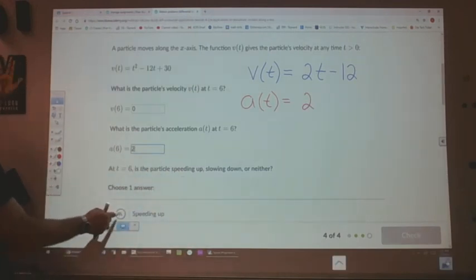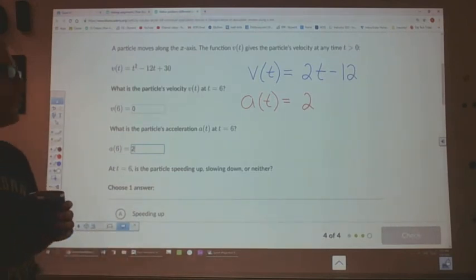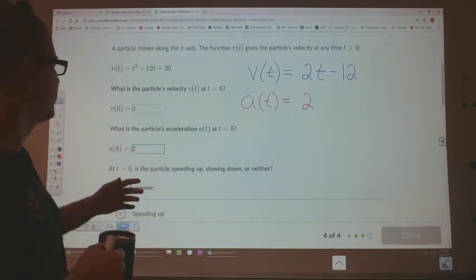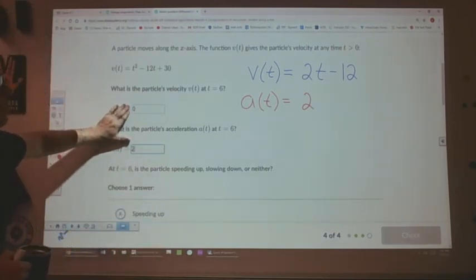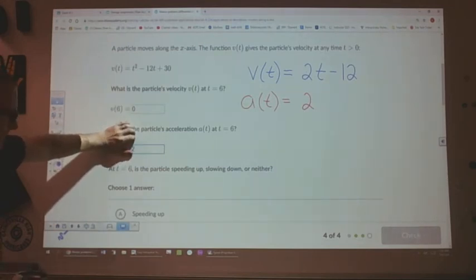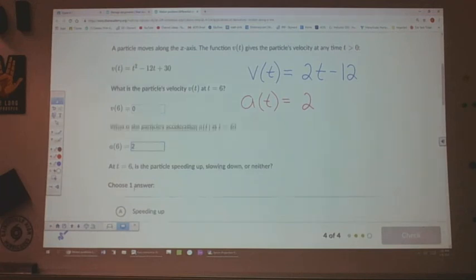So, is it speeding up, slowing down, or neither? In this case, we're going to have to go with neither because of our velocity. It is stopped, not going anywhere, so we can't be speeding up or slowing down until we actually have a direction of travel. So our answer would be neither, but we would look at